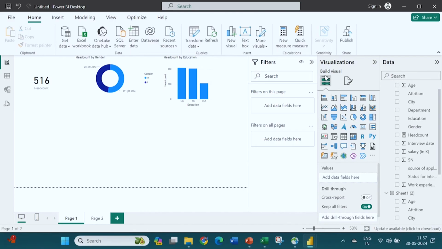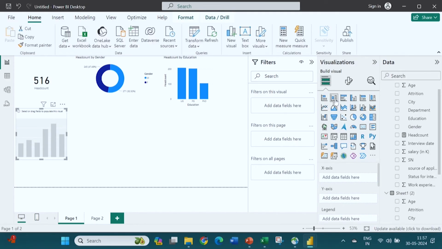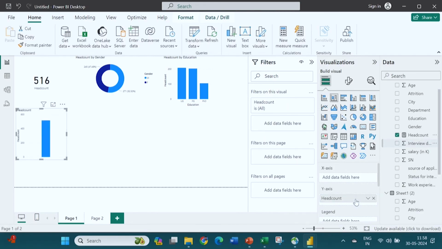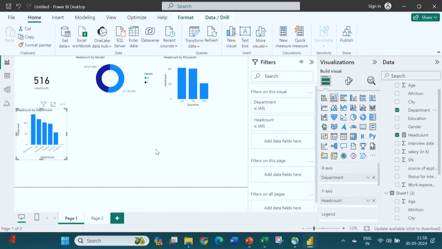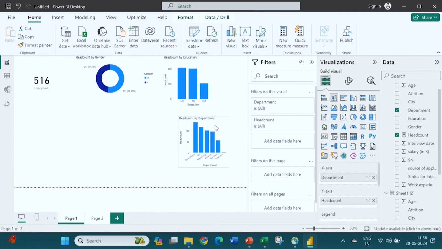So, let us go back again to this. What we will do, again we will create a bar graph. We have clicked on this bar graph, so the bar graph has come. Now, we want department wise. First we will put the head count into the X, it is not going, which means we will put it into the Y. So, it has come, and education wise we already did. So, department wise, that we put here into the X axis. Now you can see department wise